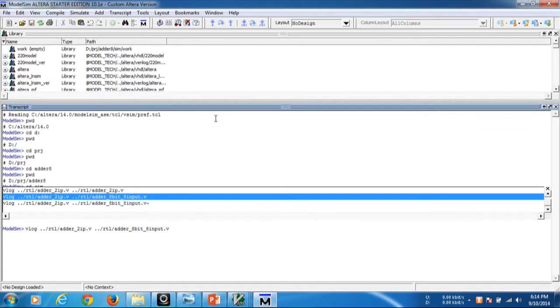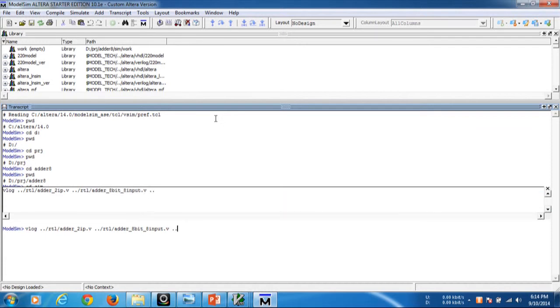It's better. After it, space dot dot. So far we have compiled the adder under 2 input in the RTL folder, and again in the RTL folder the adder under 8 bit under 8 input dot v.